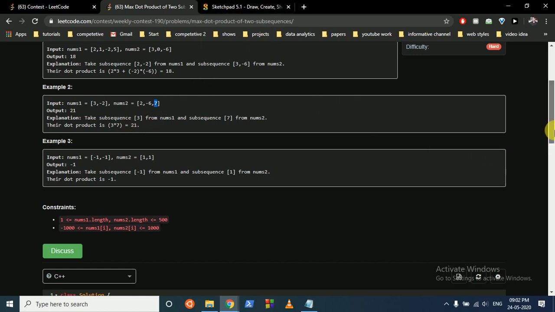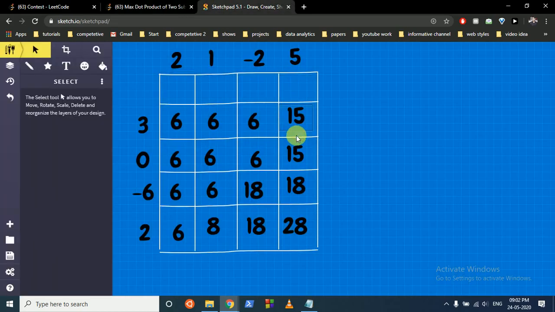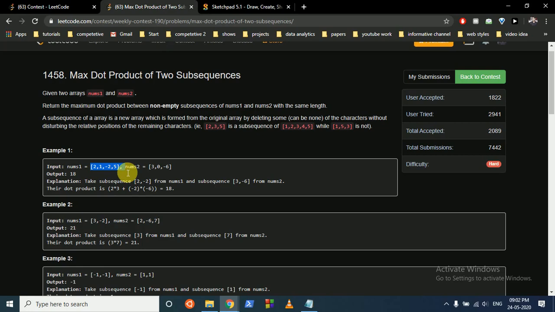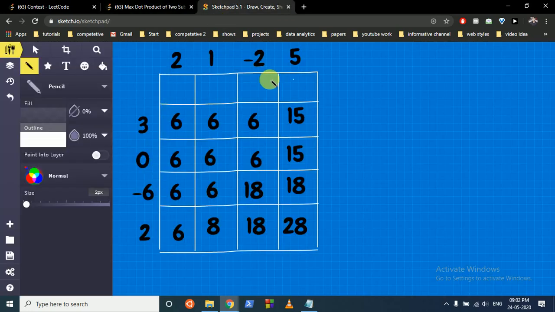So this is a DP problem. I'll tell you how to do it. Let's move down to the code. I have actually filled the table for easier explanation, but I'll tell you how I fill this. So this is the first nums and this is the second. I have made a matrix of these elements. So now how do we fill this? Every time you fill an element, just take from the start these elements and these elements. Fill this with -infinity.